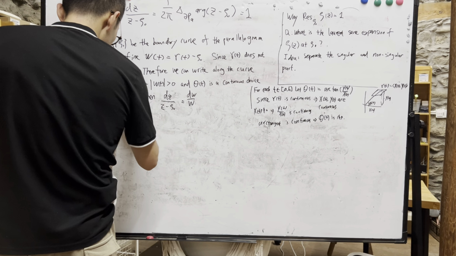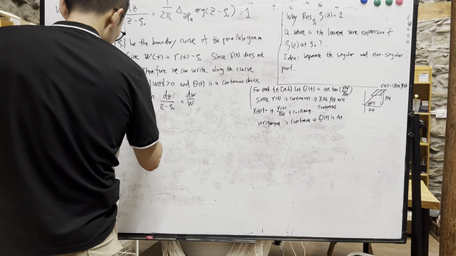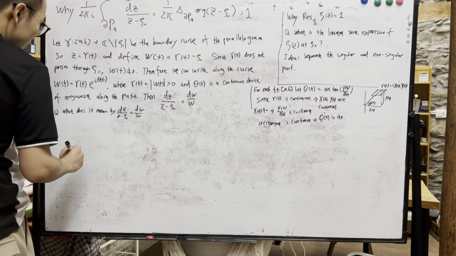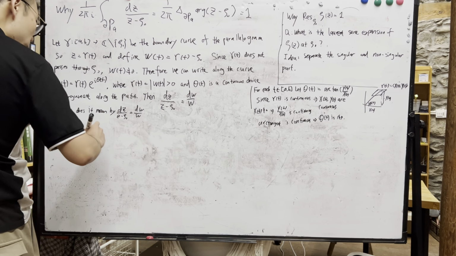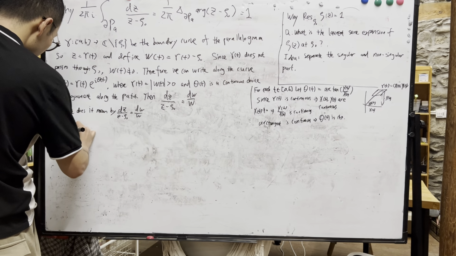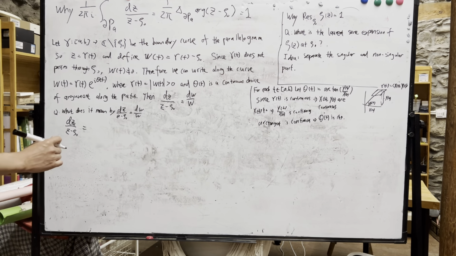What does it mean by dz over z minus zeta naught, which is equal to d omega over omega? So I think one way to see that is dz over z minus zeta naught, which is equal to